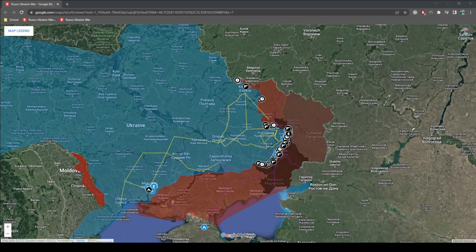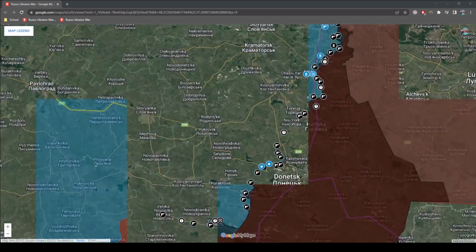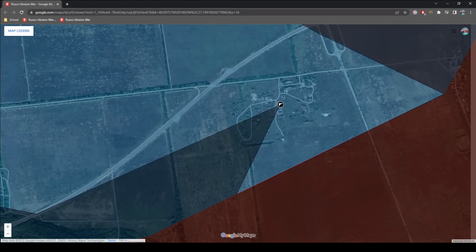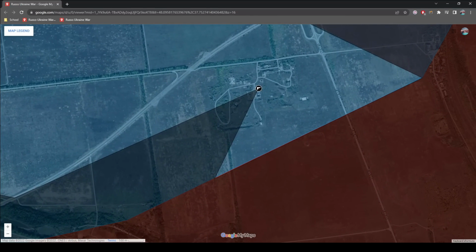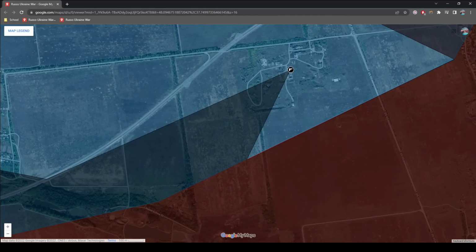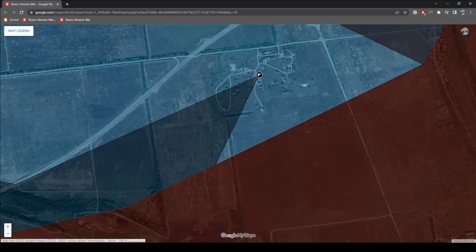Hello everyone. In this video I'm going to be analyzing the Donetsk front. We'll start right next to Donetsk at the military base that is being stormed by the Russian soldiers. As we can see, there are patches of forests on these long sides here. Most likely the Russians are attacking from this side as it has better cover, as well as the fact that